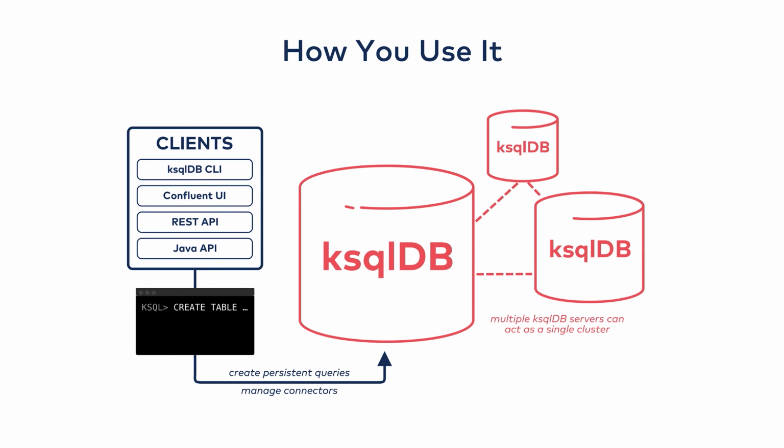The way you interact with this architecture is with a simple client-server deployment, just like a relational database. You have a CLI that you issue commands from, and that CLI sends those commands to one or more servers that can cluster together. Those servers execute those commands and communicate results back to the clients as needed. And beyond the CLI, you can also use a full-featured UI, a REST API, or a programming language client like Java. The easiest place to try out ksqlDB is Confluent Cloud.